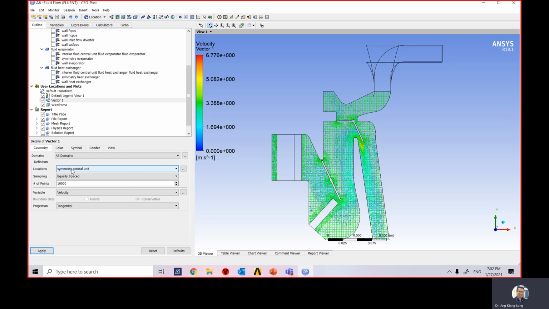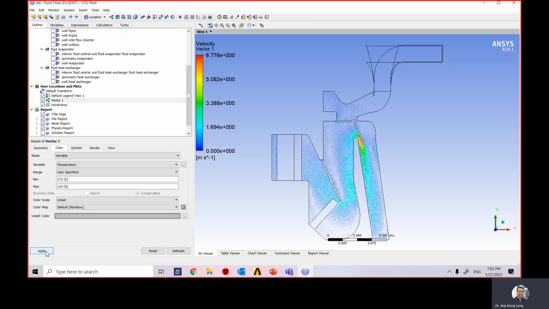Geometry, we're still studying at symmetry center unit. Then click apply. So you will see that the temperature is between 273 to 310. And the temperature is red color on the left hand side corner. And then because the air goes into the evaporator here, the air will cool down. So you'll see the temperature will drop when it goes into the leg section. Yeah, the valve is open and then the air will go into the leg compartment. Okay,